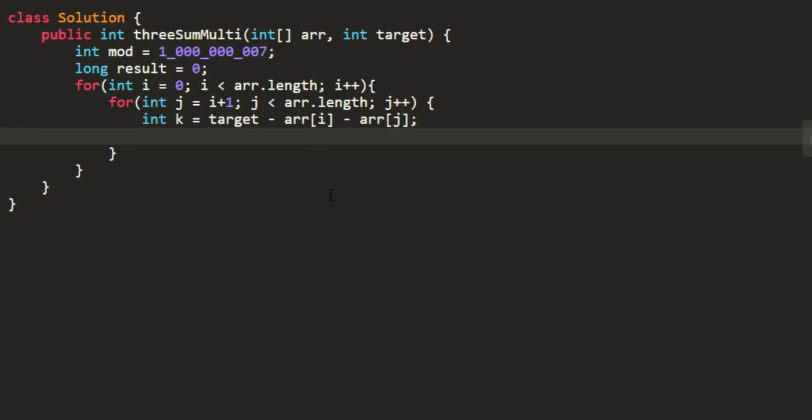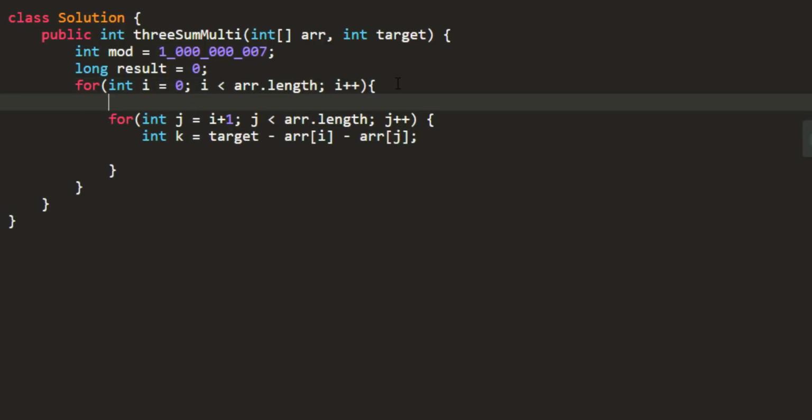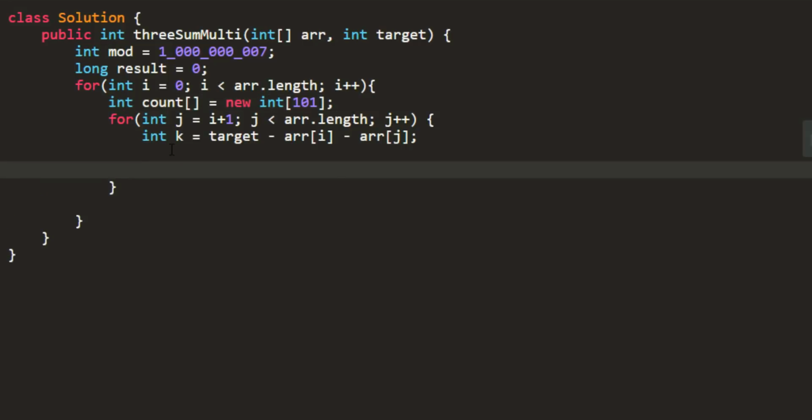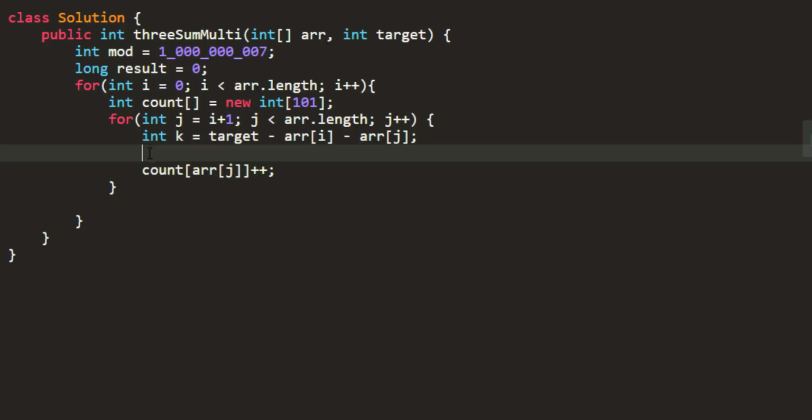This is the value that we need to find in our array. So let's take a count array of length 101 because we can have numbers from 0 to 100. And over here we also need to add the number in the count array. So count of array of j plus plus adds the number in my count array.